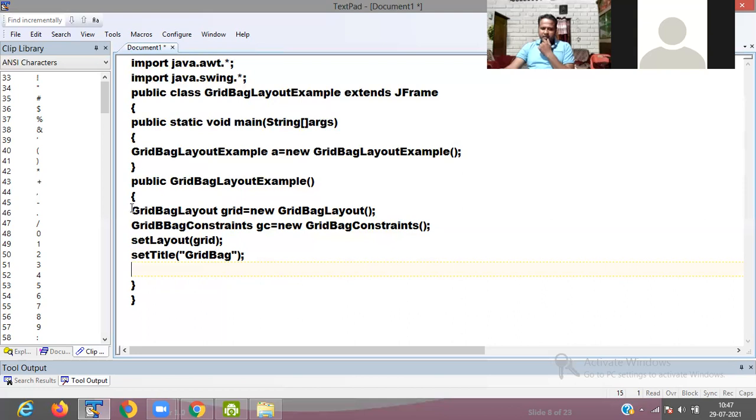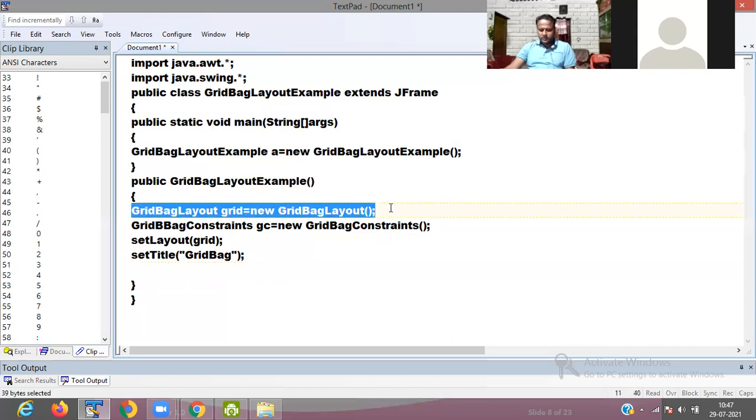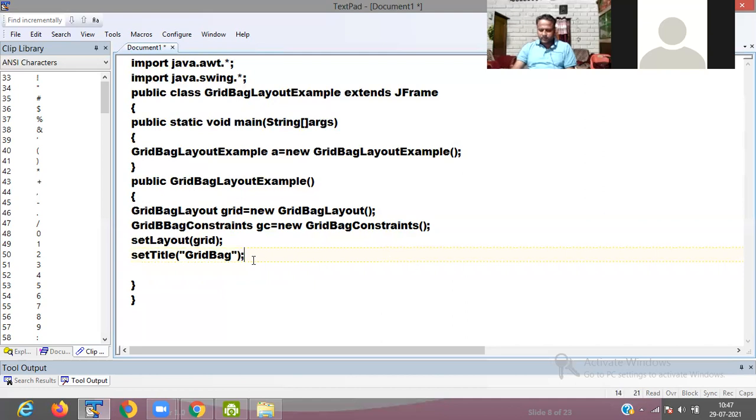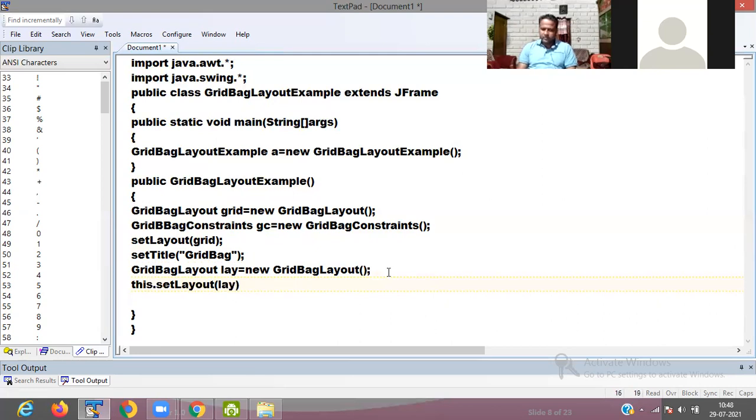And I am creating another object, GridBagLayout lay. Then again I pass this.setLayout(lay).